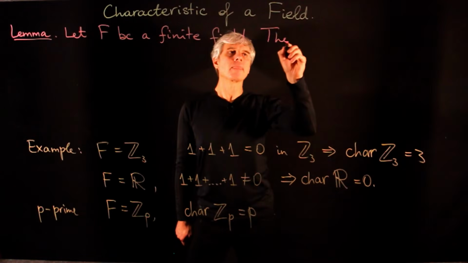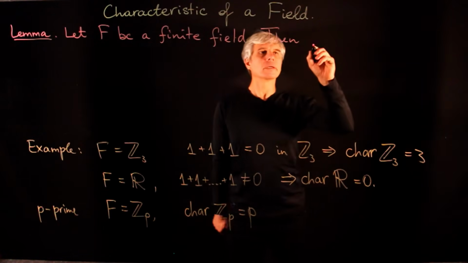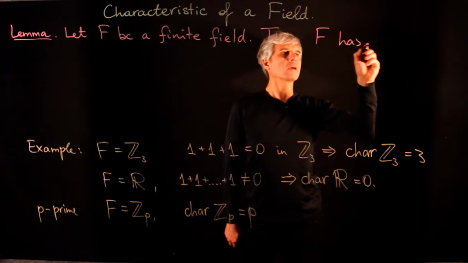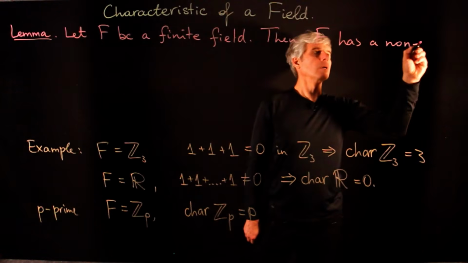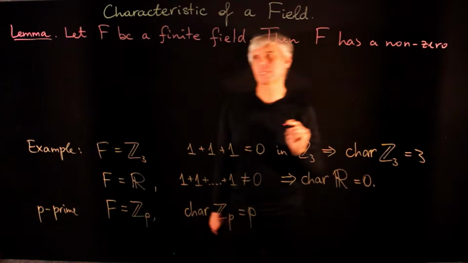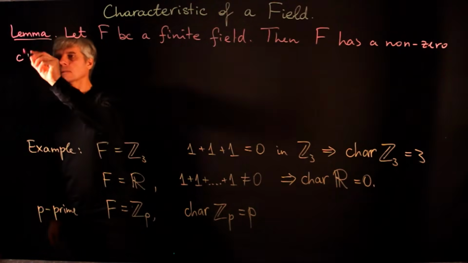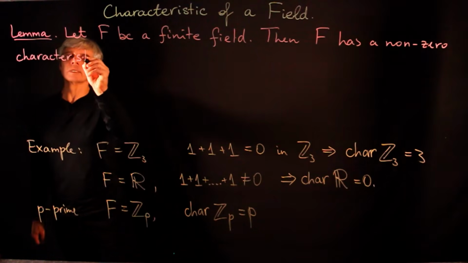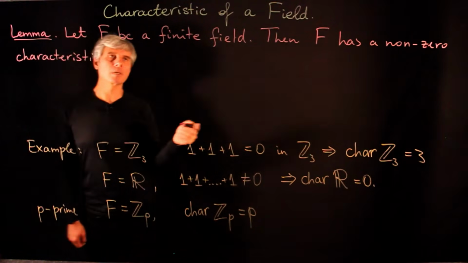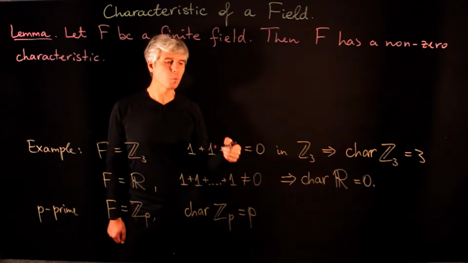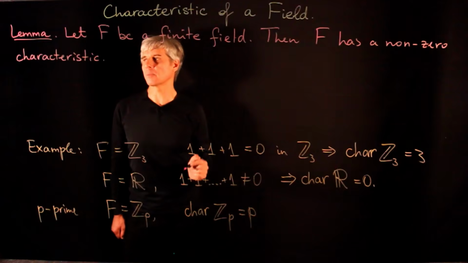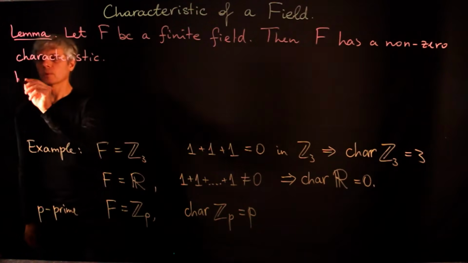Then F has a non-zero characteristic. So in other words, there is a finite number of ones that we add together, and we can get 0. So to prove this,